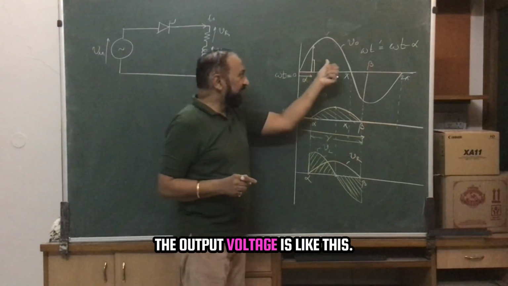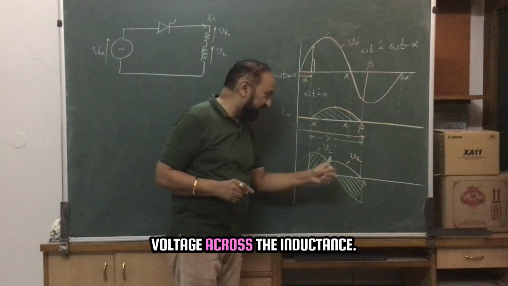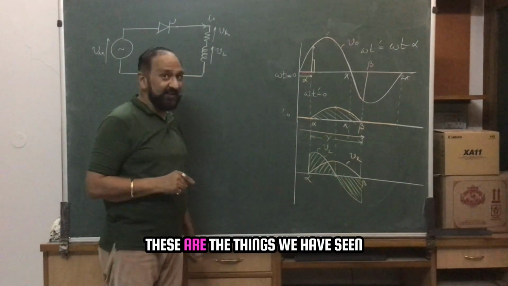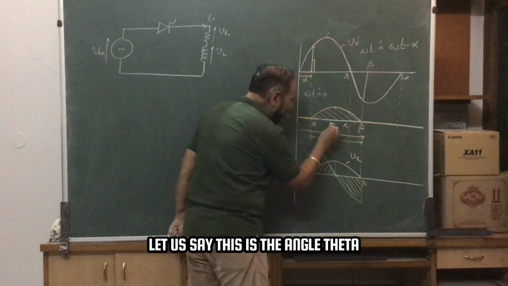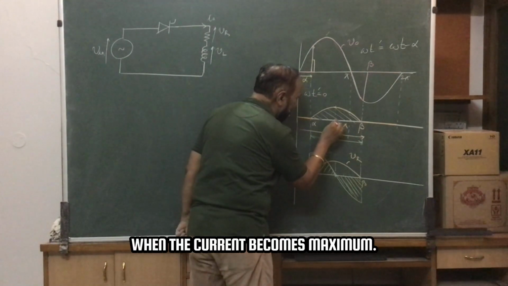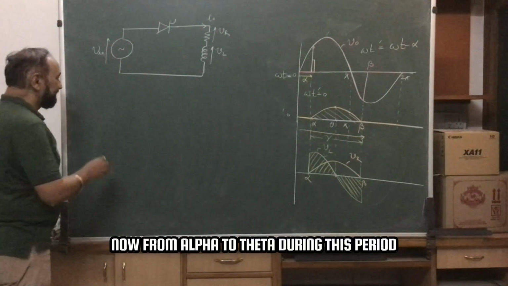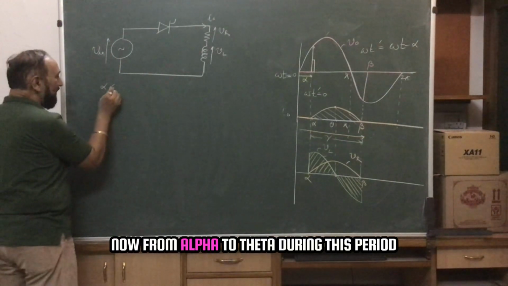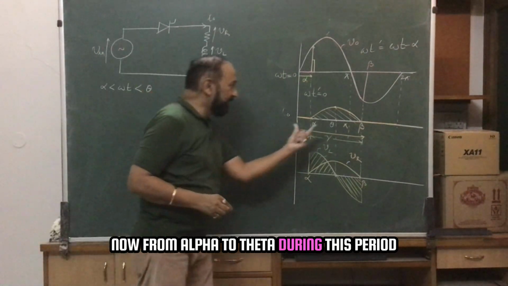The output voltage is like this: output current, voltage across the resistance, voltage across the inductance. These are the things we have seen in the previous lecture. Let us say this is the angle theta when the current becomes maximum. Now, from alpha to theta, during this period,